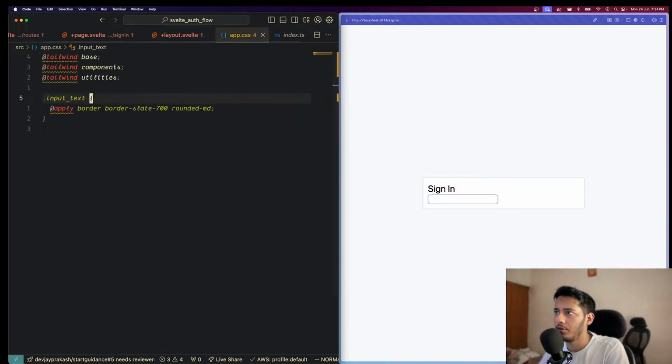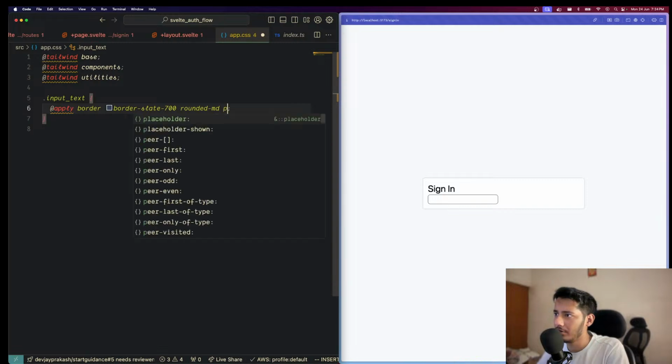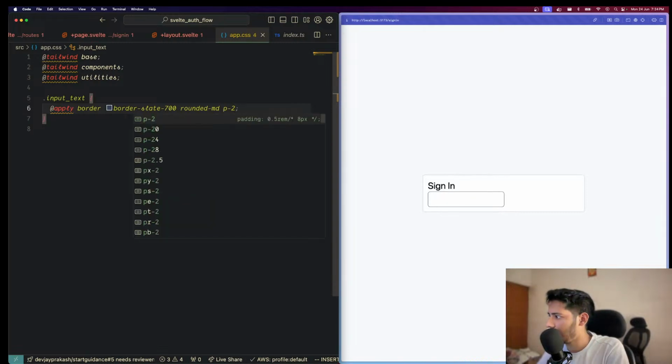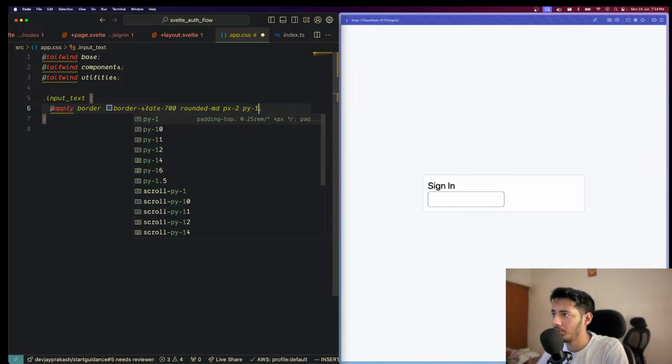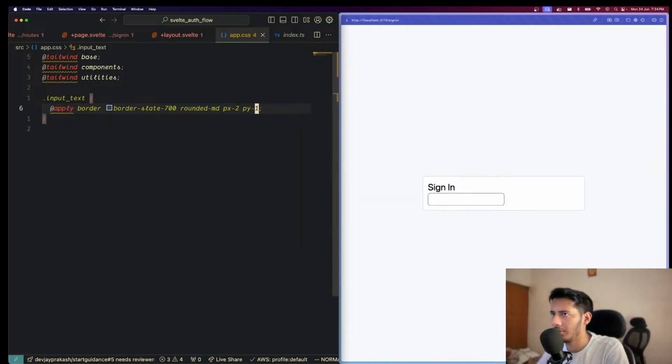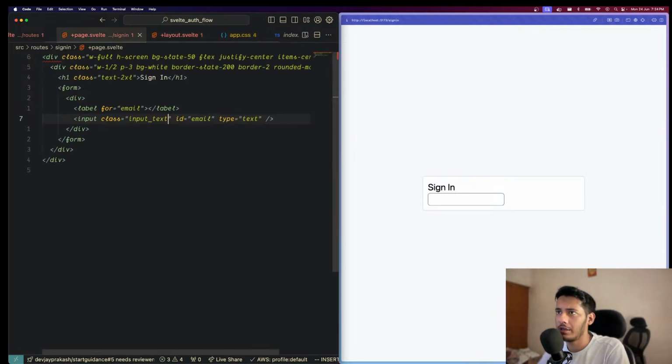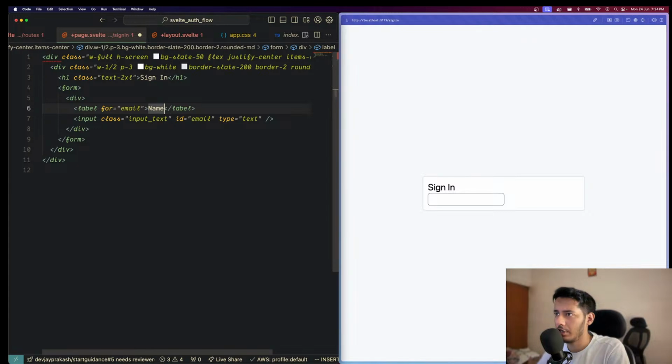Now what we can do is give it some padding. So we can say padding not 2 but 3. Padding X should be 2, padding Y should be 1, I guess. That's kind of cool. And then inside this label, we can say this is actually name, or no, this is email ID,